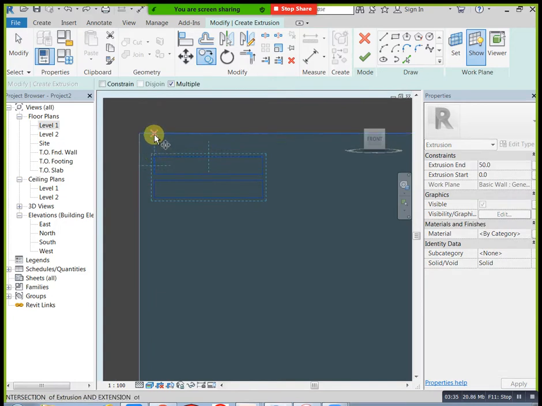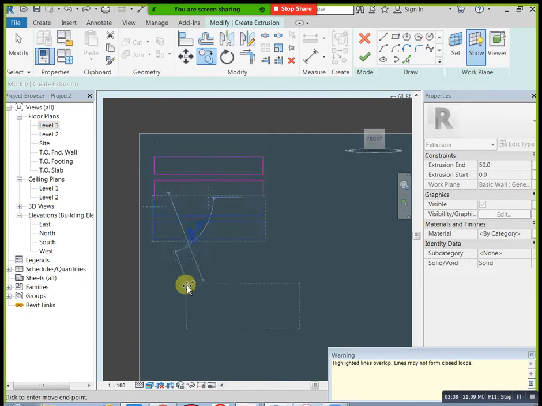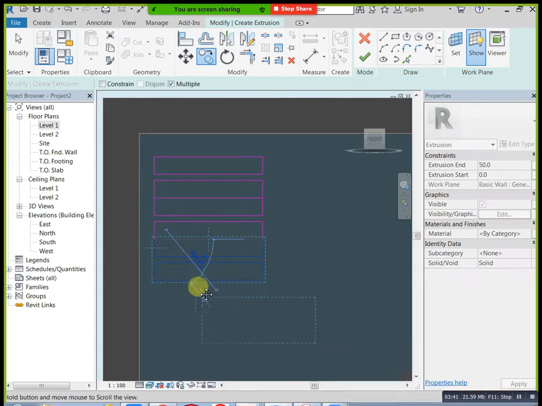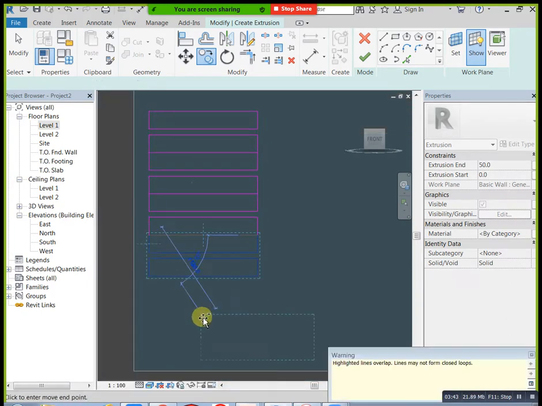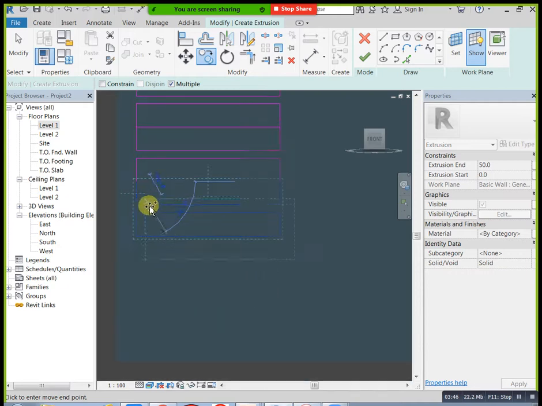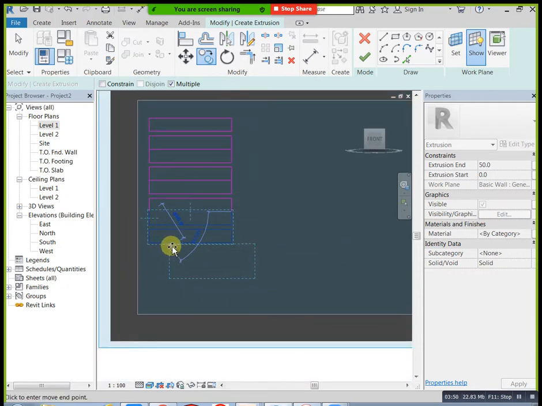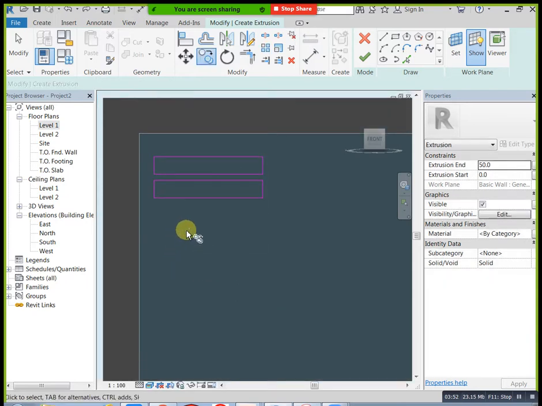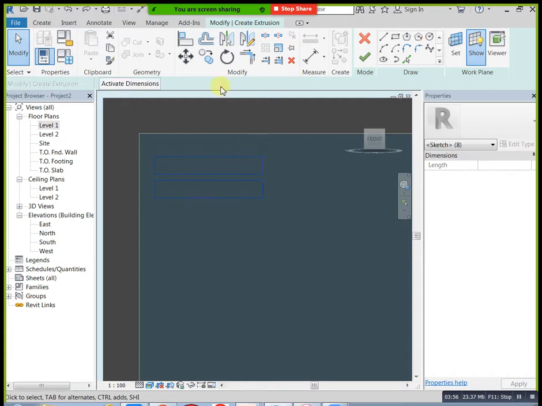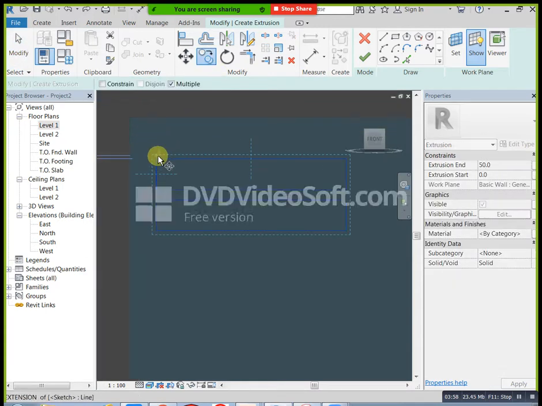Then select this one, as many as you need. Sorry, overlapping here. Copy, place it at some distance from your first point, and apply multiple like this.